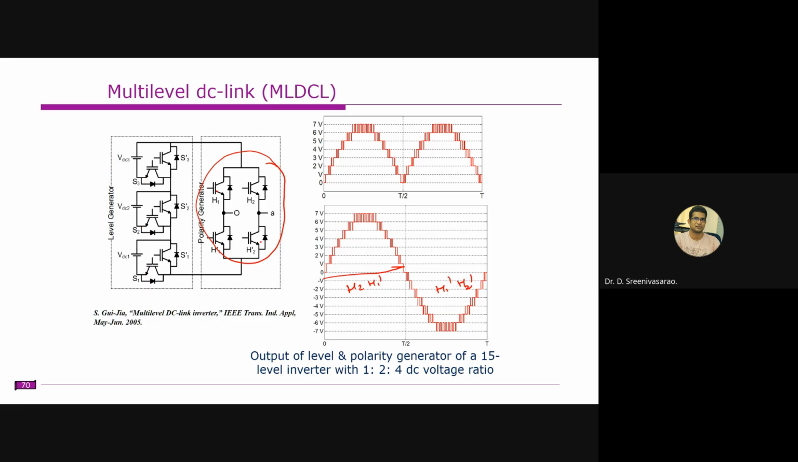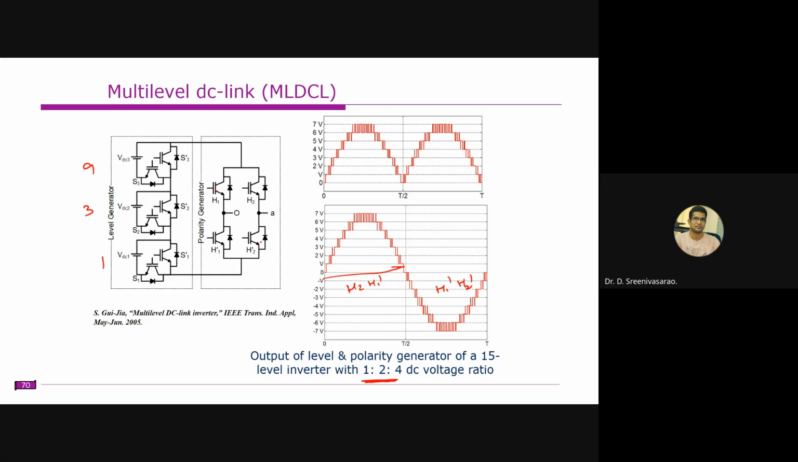And another thing is that we can also have different ratios like VDC, 2 VDC, and also we can try 3 VDC likewise. So if the voltage is being produced, we can get different voltage levels. It works with 1:2:4. But it may not work with different ratios like 1:3:9. Normally it will work with